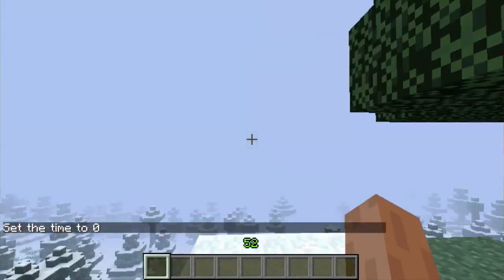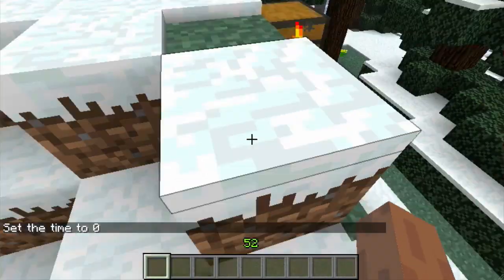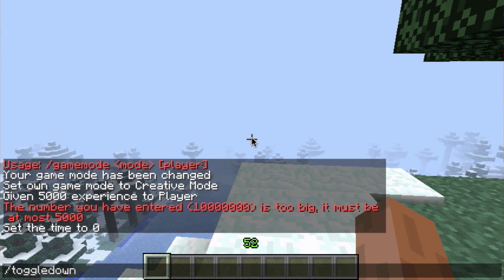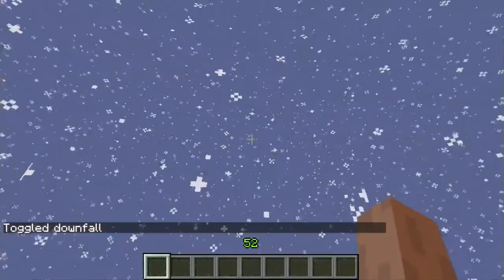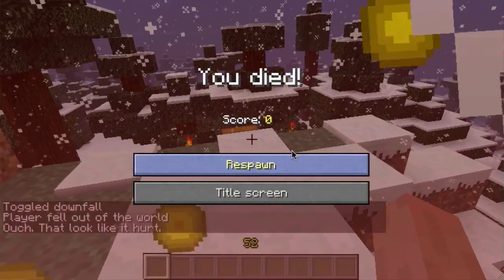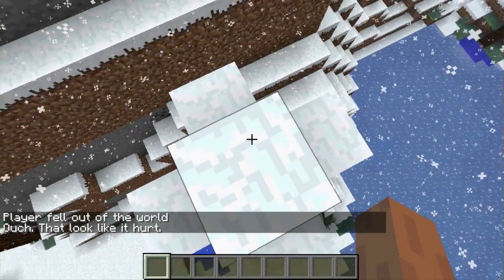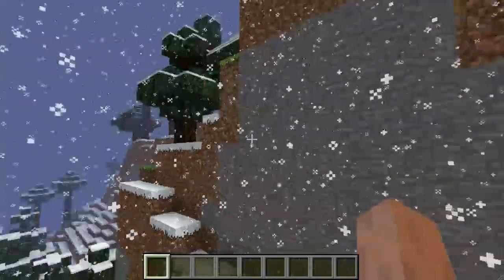That makes it daytime. And excuse my render distance, but I'm on a very bad quality computer as of right now. And then /toggledownfall will make it rain or snow. As you can see, it just started snowing. And then finally /kill, and that kills you. Player fell out of the world. Ouch. That looked like it hurt. So, that is all the features added in Snapshot 12w16a. So, let's move on to